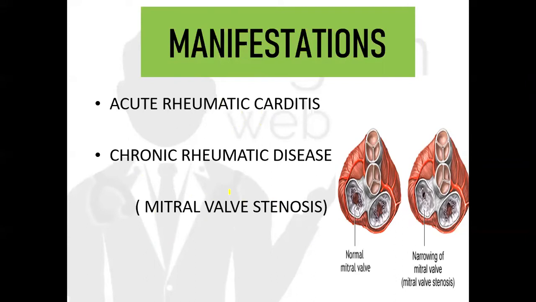Okay, so ultimately what you must remember, if the fever prolongs for a longer time, we are going to have the involvement of heart. So initially there's going to be mitral valve regurgitation. In chronic cases, there is going to be mitral valve stenosis. So ultimately mitral valve is going to be involved in case of rheumatic heart disease. And very rarely, sometimes there can even be involvement of aortic valve. Okay, so these are the two points that you must remember. Mitral valve stenosis, and sometimes we can have aortic valve involvement also.